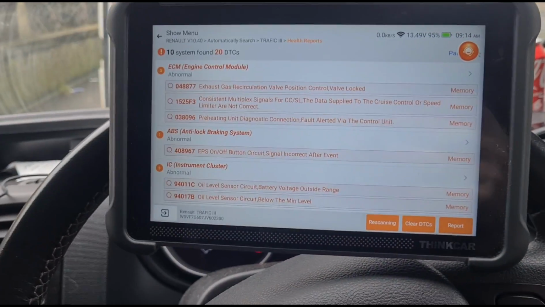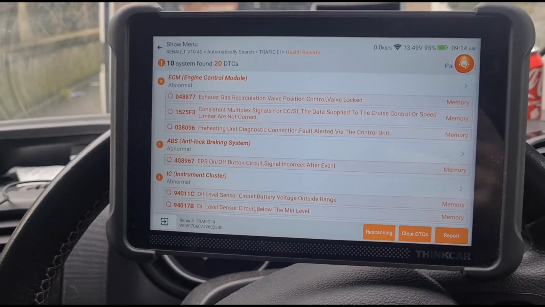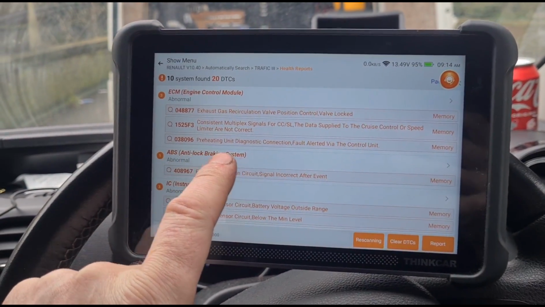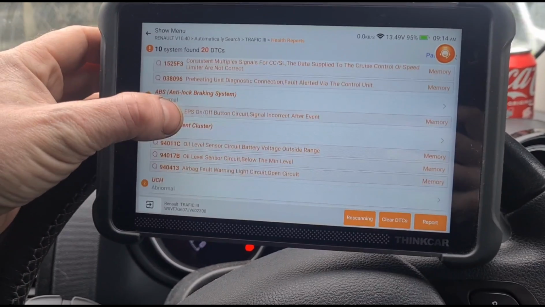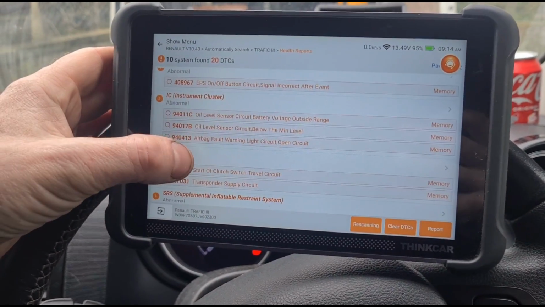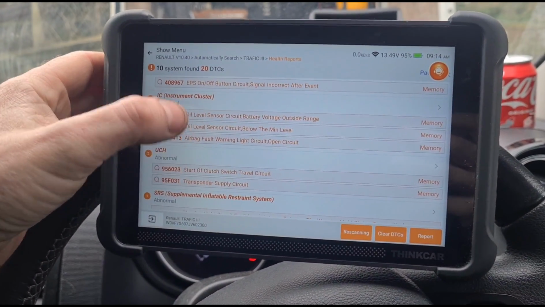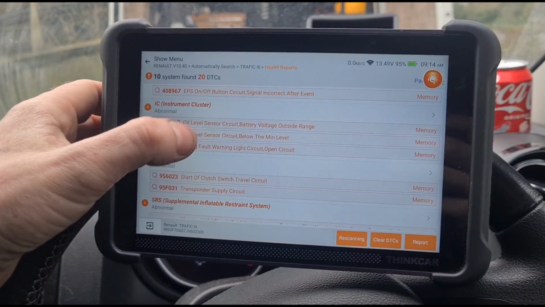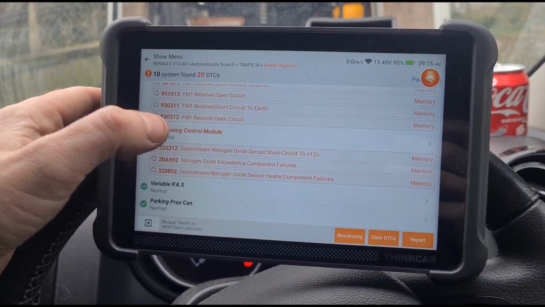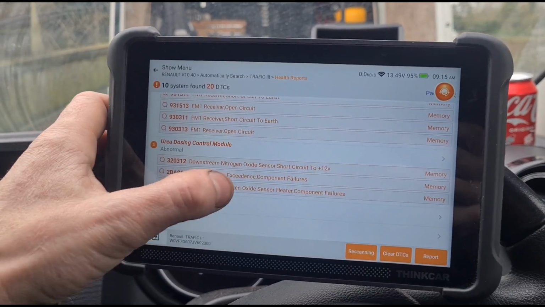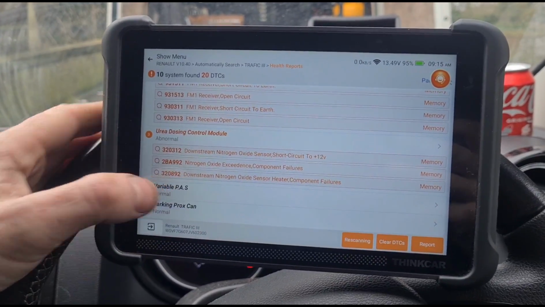048877 exhaust gas recirculation valve. 038096 preheating unit, which is the glow plugs. We've got a list of other faults. Every Vivaro I've ever seen has got this oil level sensor fault on it. Doesn't seem to affect much though. Downstream nitrogen oxide sensor